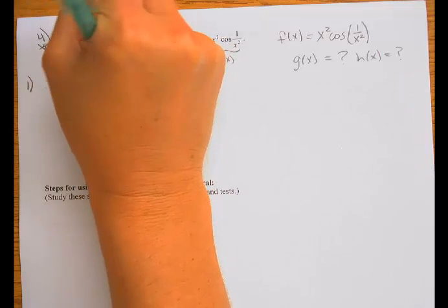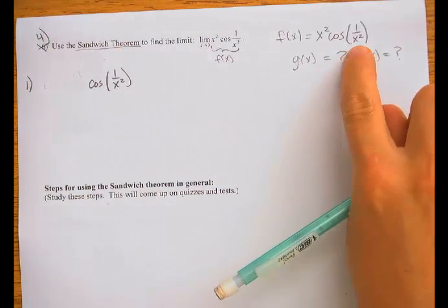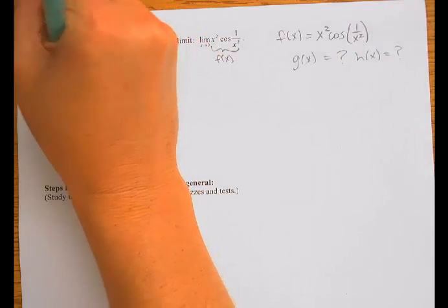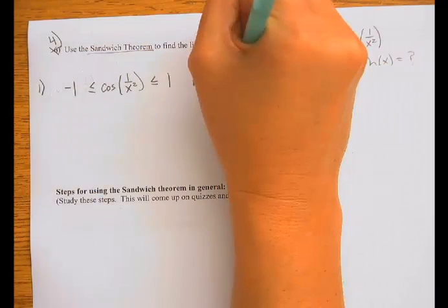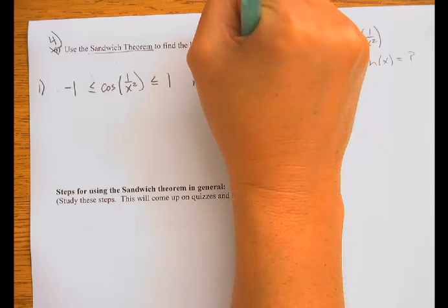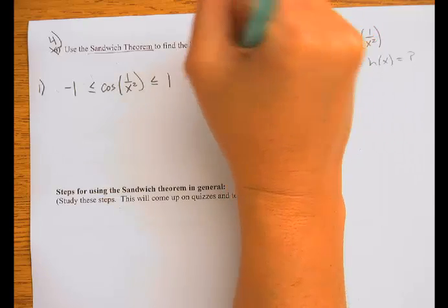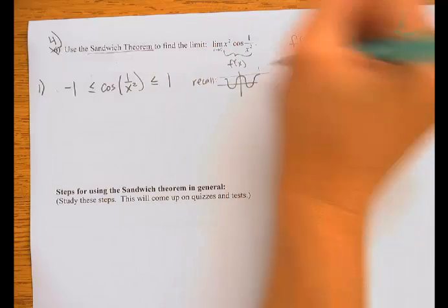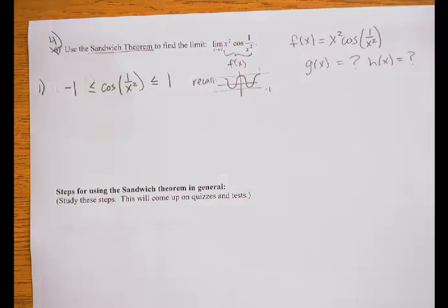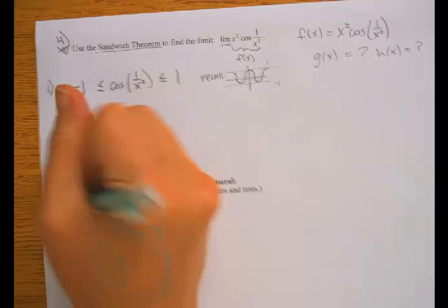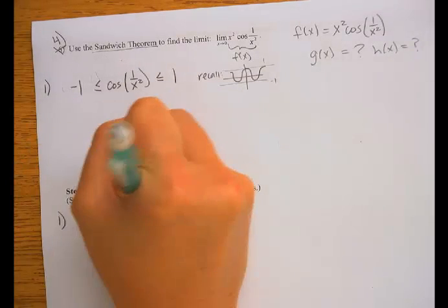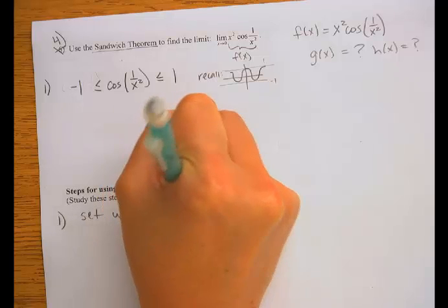Cosine of anything, which in this case is 1 over x squared, is always going to be less than or equal to 1, and it's always going to be greater than or equal to negative 1. Because if you recall, the graph of cosine never goes above 1, and it never goes below negative 1. So it's always in between 1 and negative 1, no matter what the inputs are. Okay, so down here I'd like you to write, set up compound inequality